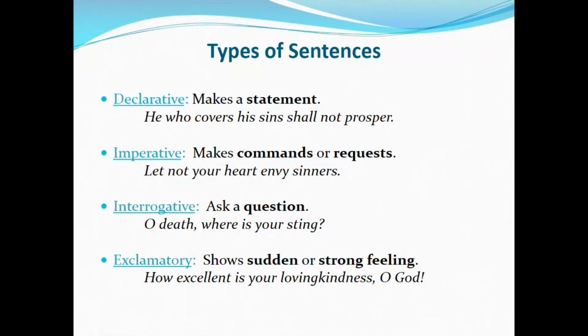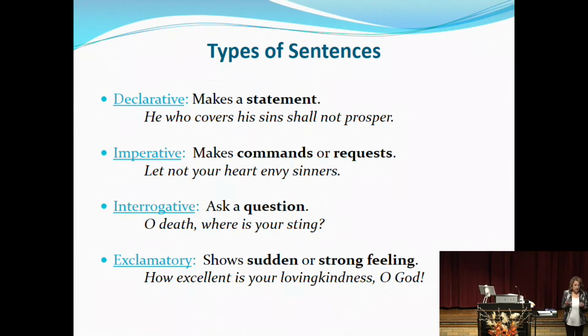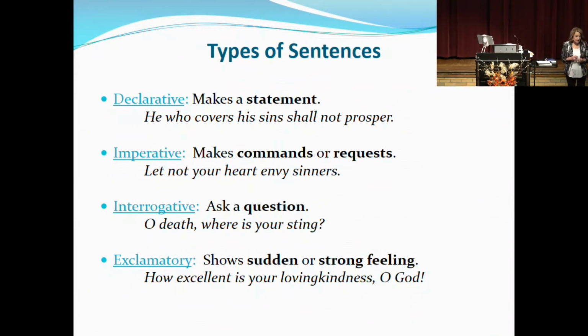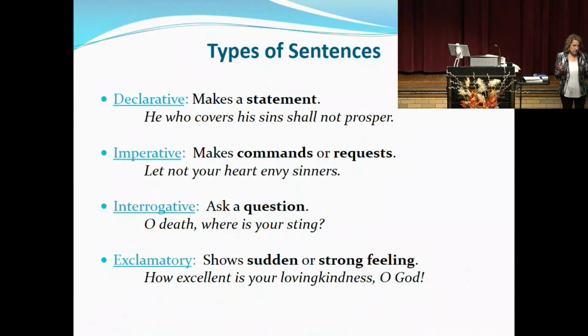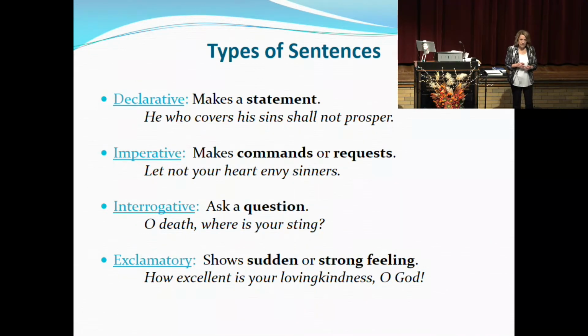All right. So we have different flavors of sentences in our English language. We have declarative sentences, we have imperative sentences, we have interrogative sentences, and we have exclamatory sentences. Most of the sentences we write or we read are declarative in nature. They do just what they say. They declare a statement. And they usually have a very predictable order: subject, verb, object, complements, modifiers. But we don't want all of our sentences to be declarative. Our reading and our writing would be too boring. So we like variety in what we read and in what we write.